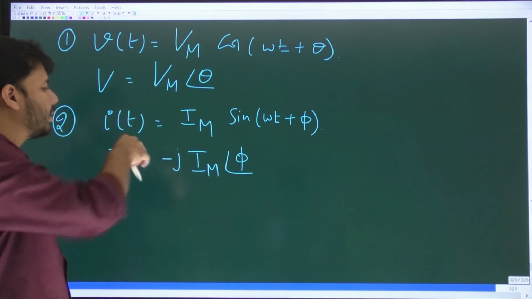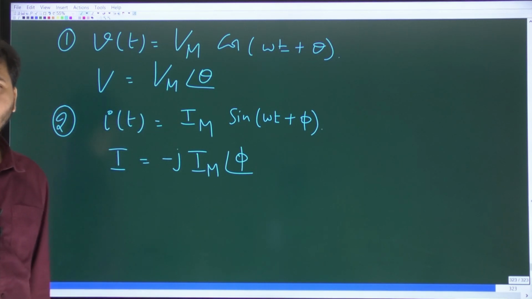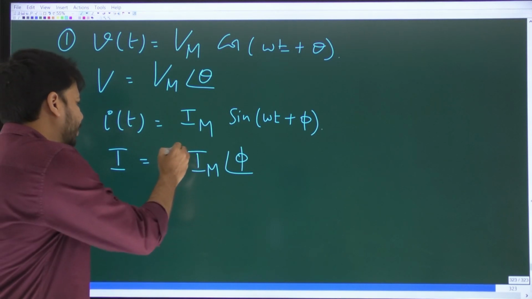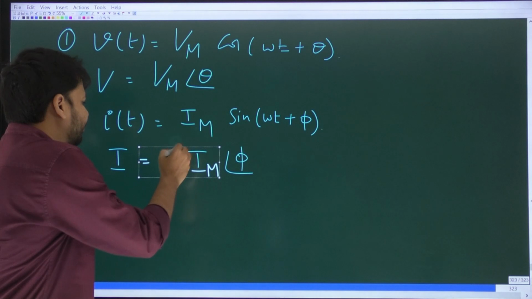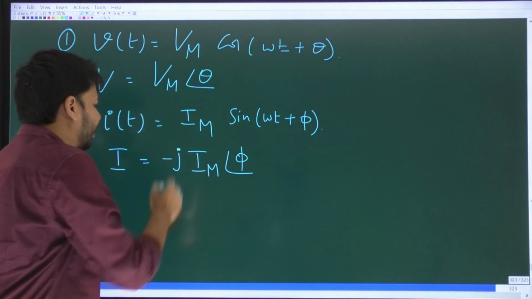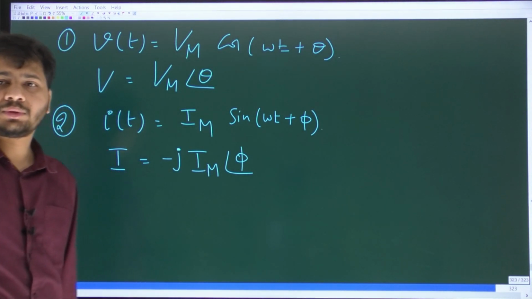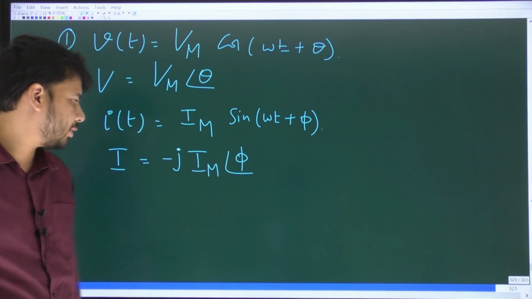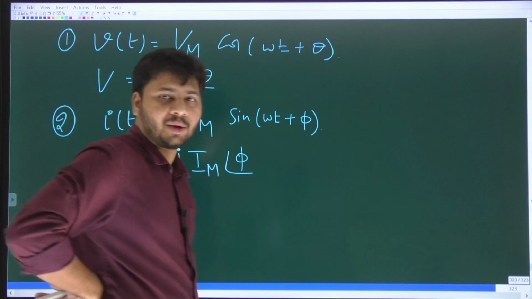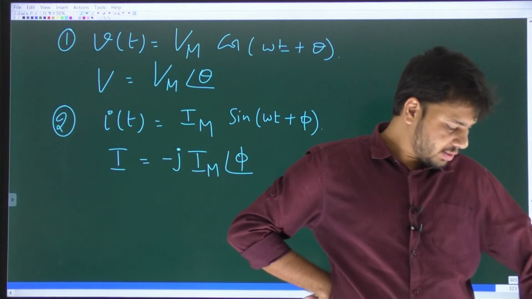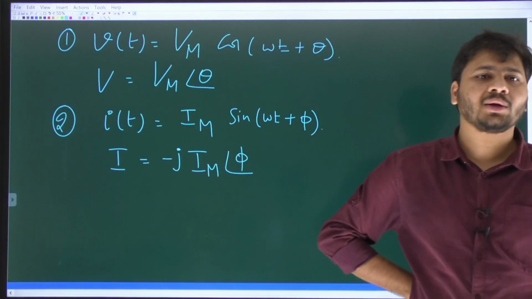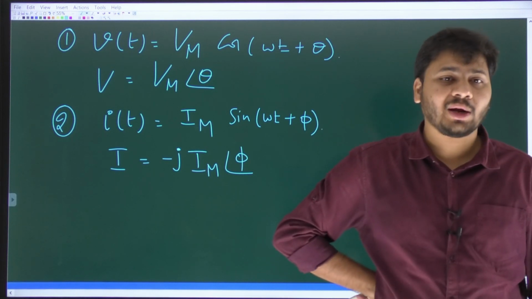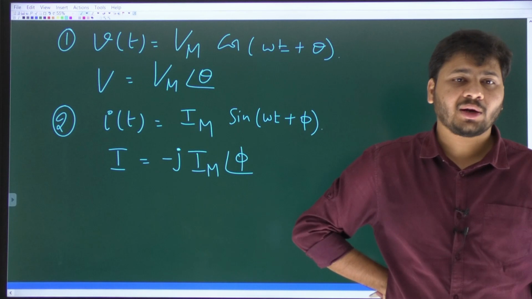Please note down these two results. These are the most important results. If you know these two things properly, then you can solve any problem related to circuit analysis at AC steady state. Okay. So for Vm cos(omega t plus theta), the phasor representation is Vm angle theta. And for Im sin(omega t plus phi), the phasor representation is